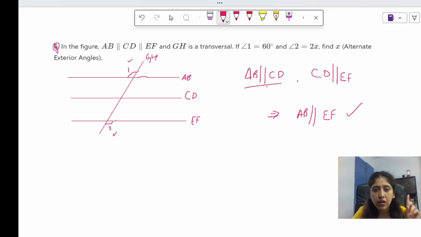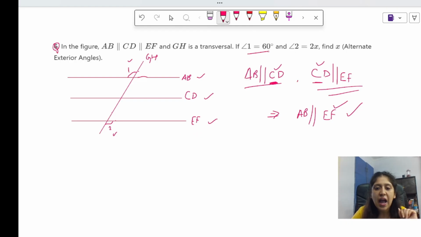अगर दो lines parallel होते हैं and another two lines are also parallel, then if there is a common line between both of them, which is CD over here, I hope you can see it. So AB will be parallel to EF. I hope this concept is clear. Okay, so that is why AB parallel to CD, parallel to EF. All the three lines are parallel.